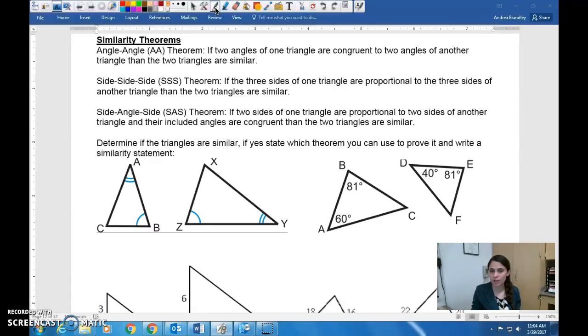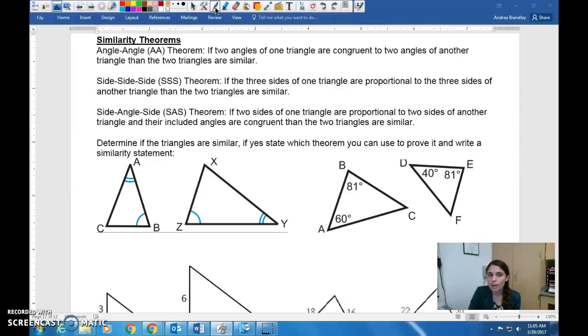two triangles are similar. Now, this is actually pretty intuitive because if all three angles of both triangles are the same, then the two triangles have to be similar. But if two angles of one triangle are the same, then all three have to be the same because the angles of a triangle add up to 180 degrees. So if two of them match, then the third one has to match. So even if you only know two angles that are the same, you can assume that the third angle is also the same. So if you can show that at least two angles are the same, then your triangles are